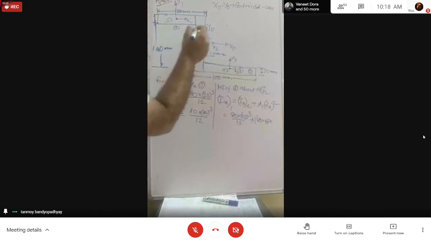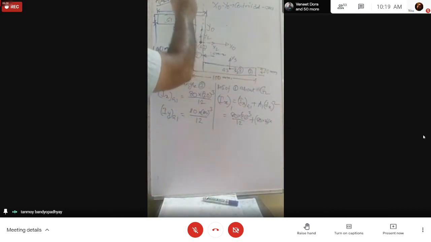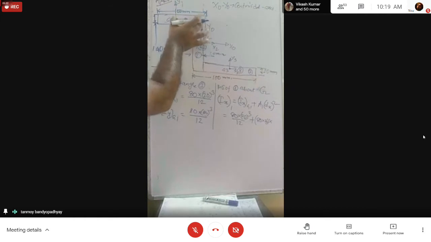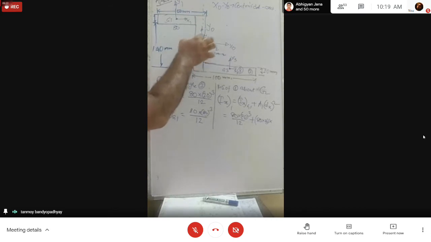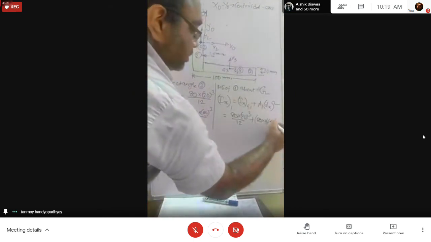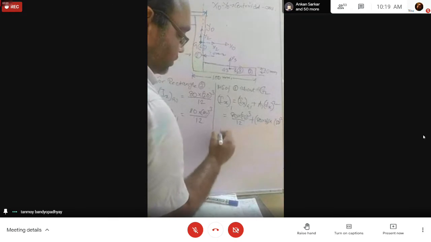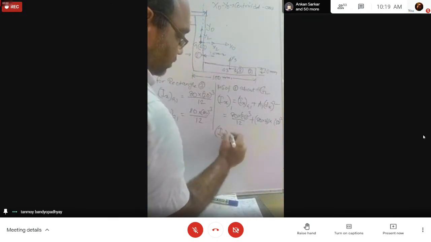What is dx? It is the distance between these two axes. What will be this distance, between the axes y0 and y1? Sir, 50. This is 40 and this is 10, so 50. So this is 50 square. Similarly, Iy1 will be equal to...